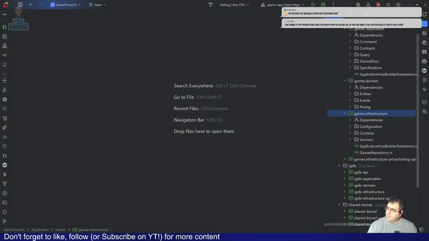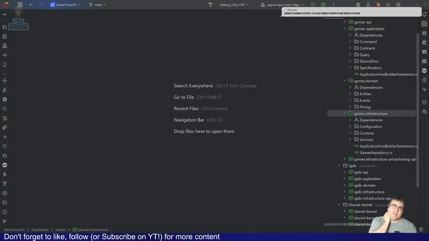I like having a type provider and being decoupled from the actual DB so you can swap it out for Postgres if there's ever a need. I mean, that rarely happens. Eloquent is not better. Eloquent is not better. It is different, but it's not better.